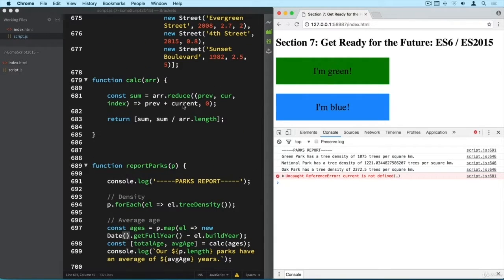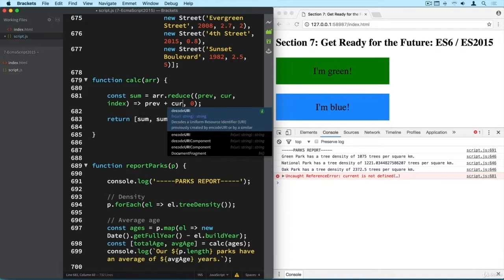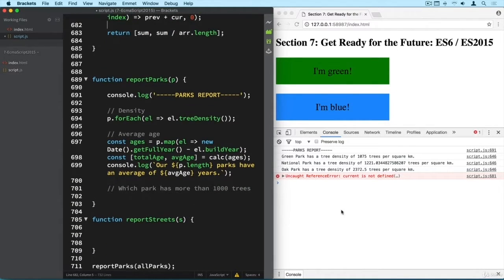So 681, of course it's cur here. And I'm sure that you saw it coming, but I didn't. But now it works. Okay, so our 3 parks have an average of 71 years. Alright, and now finally let's take care of this last part here, which is to determine which park has more